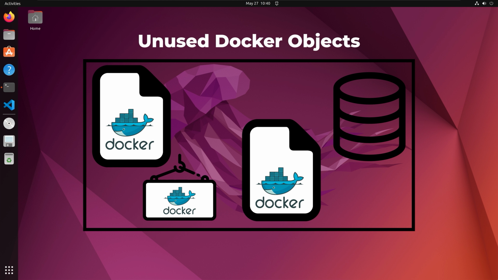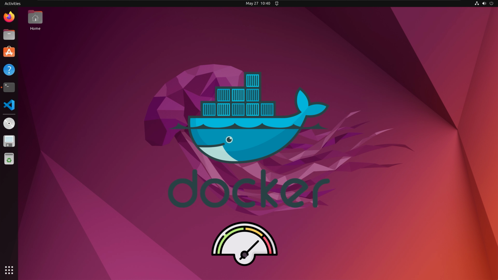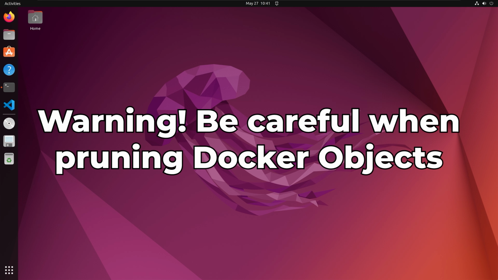The reason to prune unused Docker objects is that a buildup takes up extra disk space. Besides freeing up disk space, pruning unused Docker objects can improve Docker operations, such as pulling, loading, and running containers. We will review how to prune a variety of different Docker objects. Please note, always use caution when deleting objects. Once an object is deleted, it cannot be recovered.